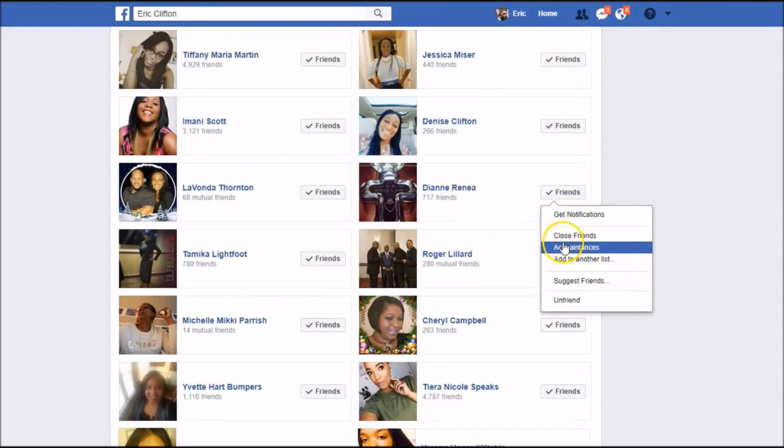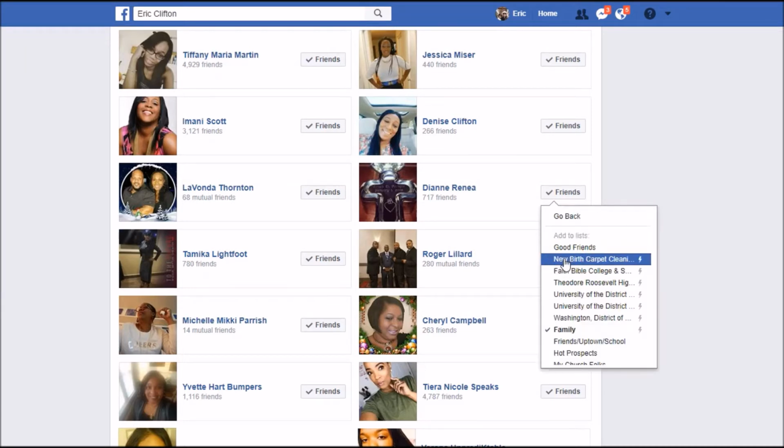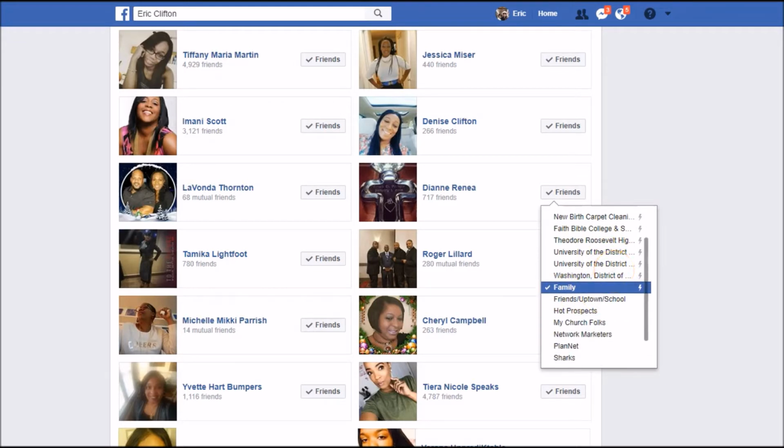You see where it says close friends, acquaintances, or add to another list. So I'm gonna click add to another list, and my sister happens to already be added in my family list. But if my sister was also a hot prospect, then I would probably add her to my hot prospects list